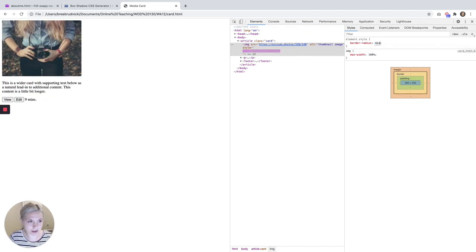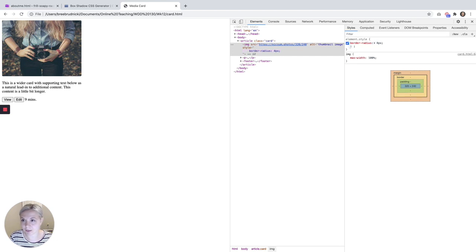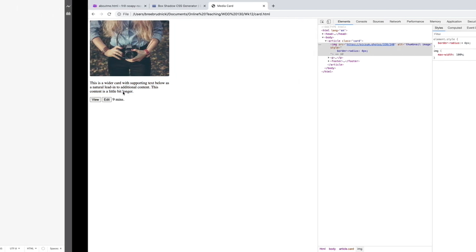Typically you'll want to do all the same, but that's not always the case. Sometimes you might only want rounded corners at the top, or there's also some really cool things that you can do with border radius. So if you guys end up taking the advanced CSS class at byu-i, you'll learn a lot more about border radius. You can do some really cool things with it. But moving on,